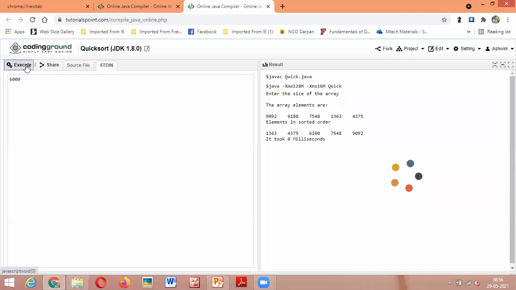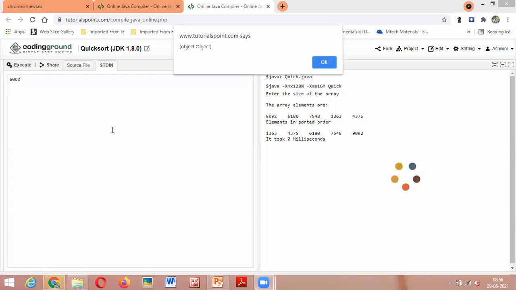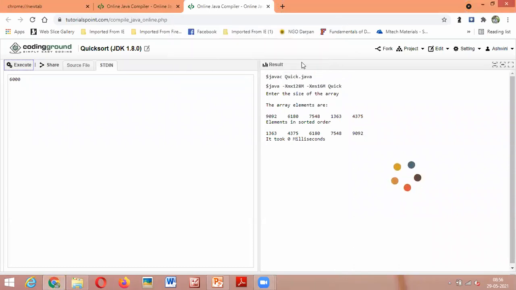So I have given 6,000. You can notice here it is taking time. See, it is giving errors, object to object, so it cannot execute such a large number.